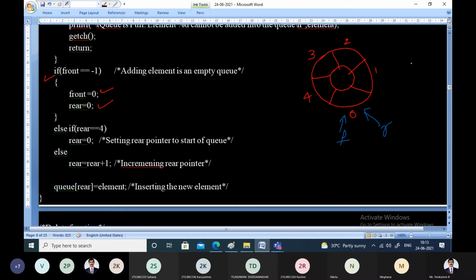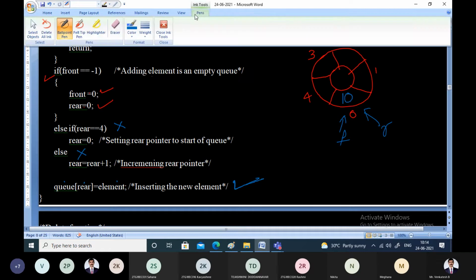So this is what is our Q. What is the name being given for this? I'll just write the name for this. Q is the name. Q of rear, where rear is pointing to index 0. So Q of 0, this statement. Because when this is true, else if will not execute, else will not execute. That is the syntax of the if else. Then it will directly execute this statement. What it says is: at the rear index of Q, insert the element. What is that element? 10 has been inserted.